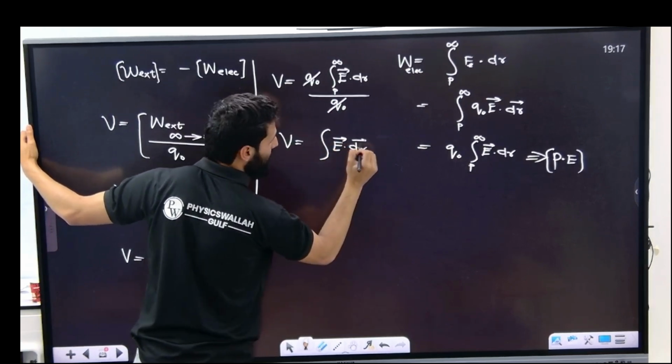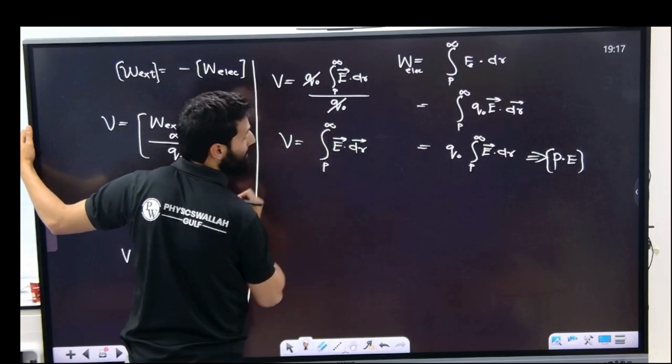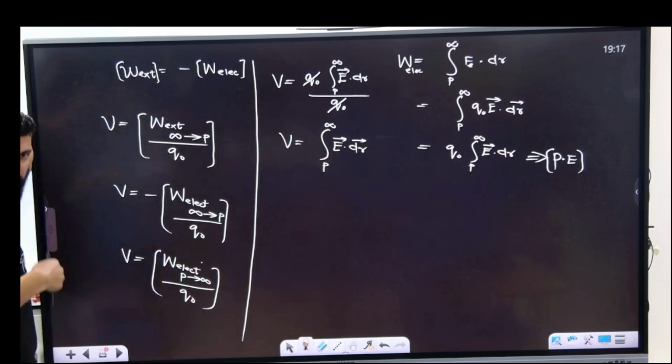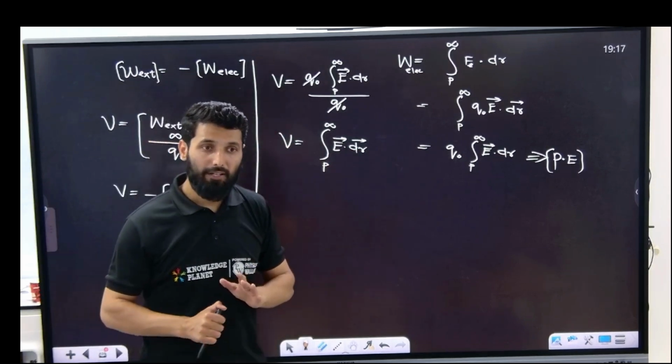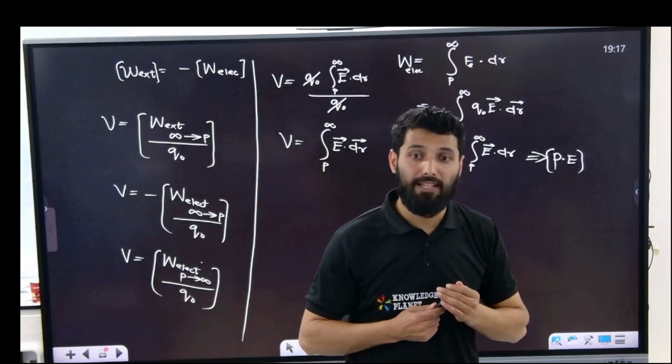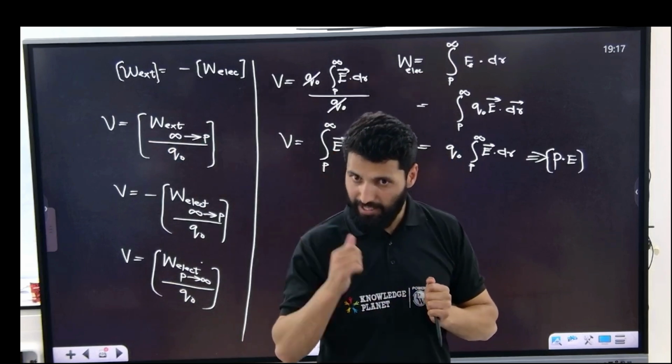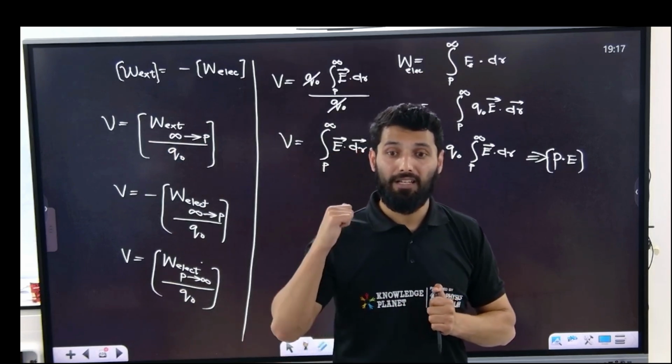Now this is very important, from P to infinity. Once I define potential difference, you understand everything. Now, you remember E dot ds? E dot ds was the surface integral, the surface integral of electric field intensity. Now this is potential. How is it defined? It's a line integral.